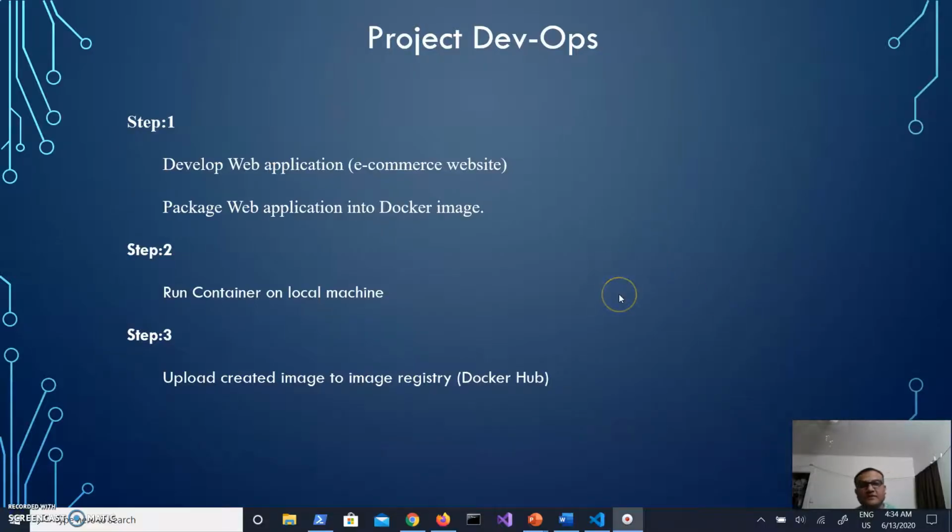So the basic step for the project is the practical lab work. We need to develop the application and package that application in a Docker image. This is the flow of the practical lab work. We can run the container on a local machine, then upload the created image to an image registry like Docker Hub,